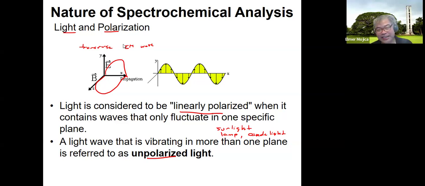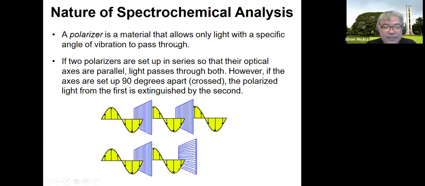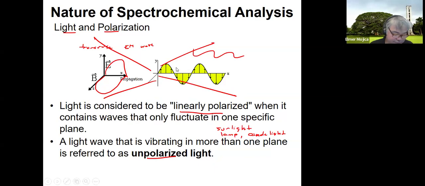Okay? Such light waves are created by electric charges that vibrate in a variety of directions, thus creating an electromagnetic wave that vibrates in a variety of directions. So ang polarized light is just in one direction. Pero kapag nag-spread going here, propagate going here, propagate going anywhere, that is what we call unpolarized light. Okay? So an unpolarized light, they said, is rather difficult to visualize. But in general, it's helpful to picture unpolarized light as a wave that has an average of half its vibration